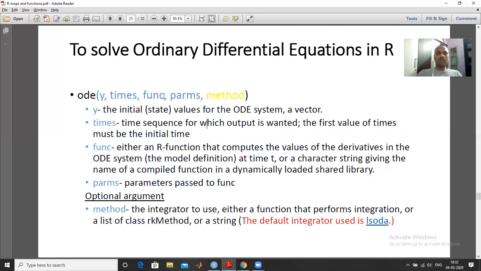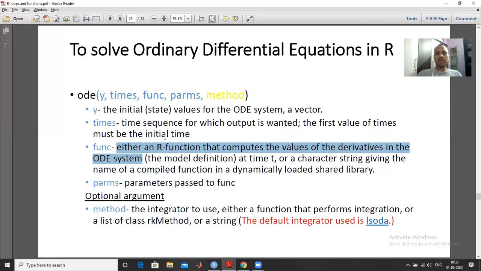And after that, the third one, func. This is an R function that computes the value of the derivatives in the ODE system. It means we have to define the differential equation system in this function, and we will assign that function to this func variable.